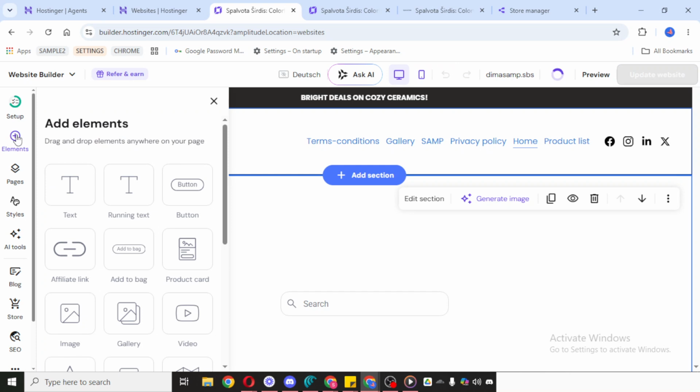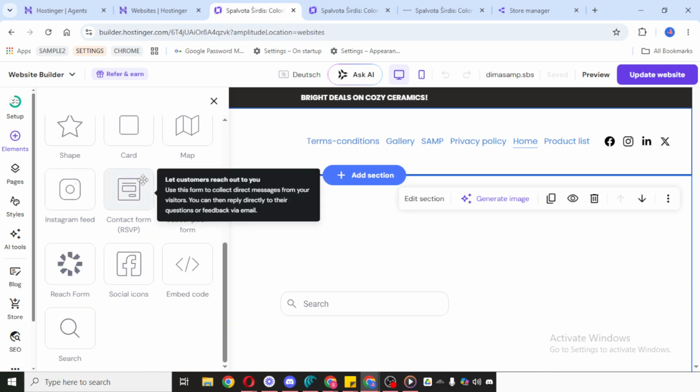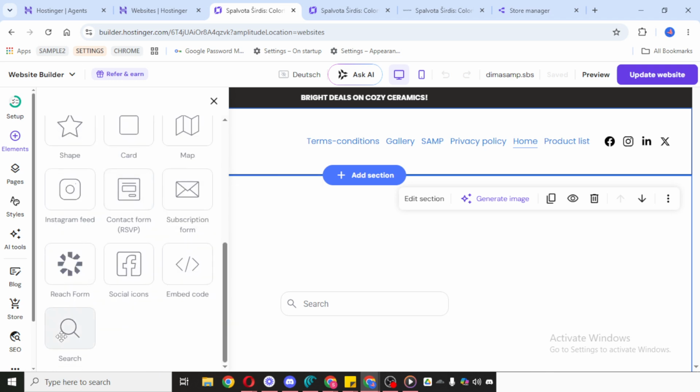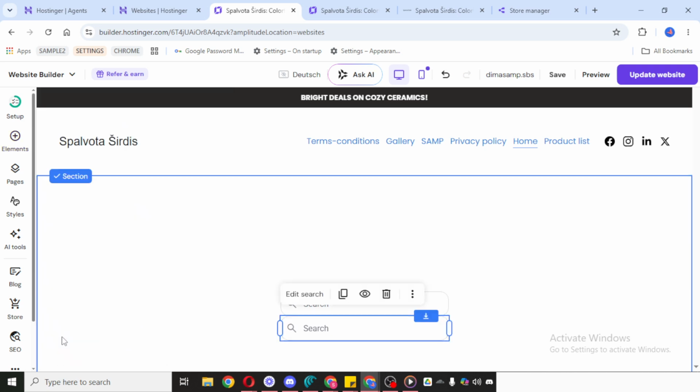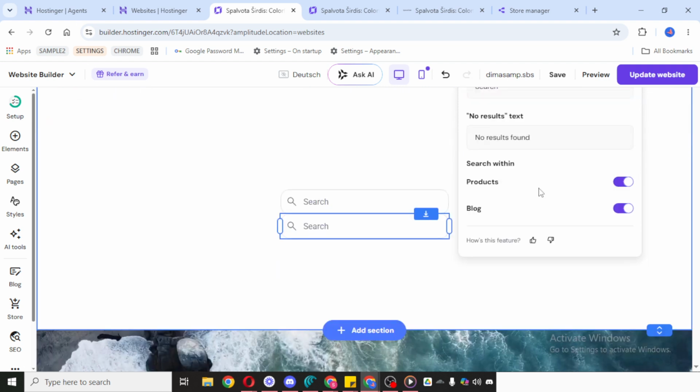After adding it, click Edit Search. This is where you can fine-tune the way the search bar looks and feels. You can customize details like the font and the color, so the search bar blends nicely with the rest of your website branding. Try to choose a font style that is easy to read and colors that stand out enough for visibility while still matching your site's overall theme.